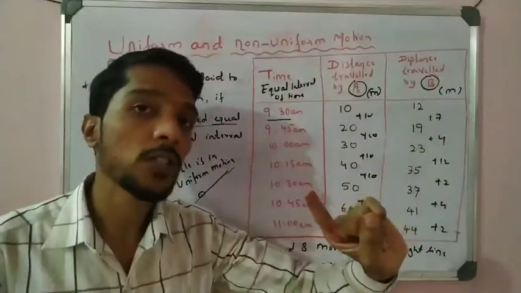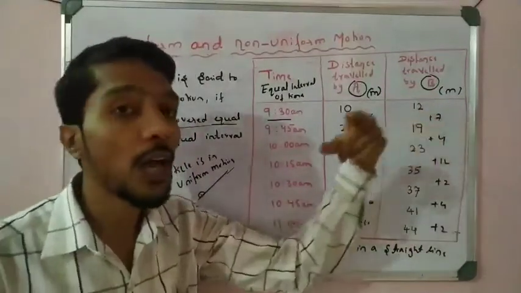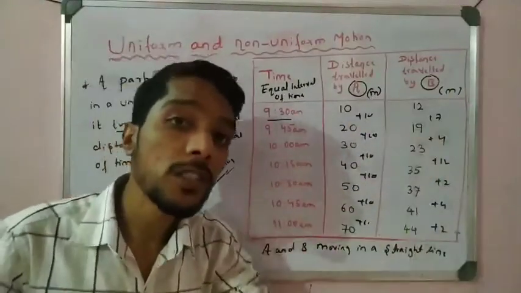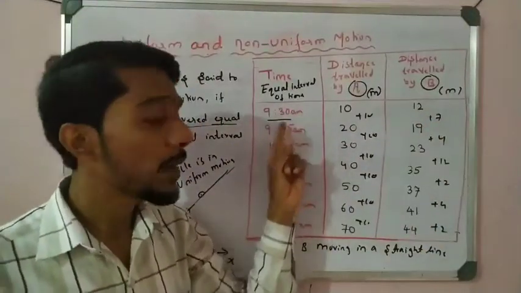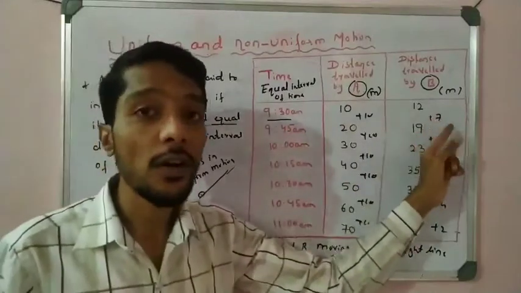First it is from a reference point, 12 meters. After 12 it does not travel again 12. If it traveled again 12, it would be equal, but here it is not. After that, the time is equal, but the time is 15 minutes. But here observe the distance is now less, 7.